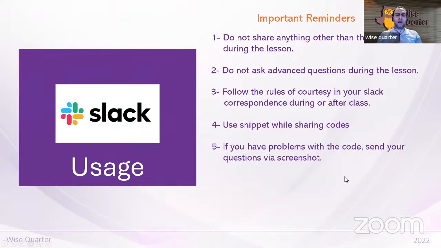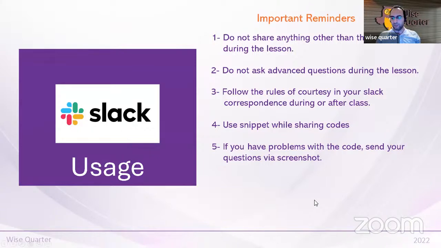If you have a problem with the code, don't try to explain it by writing, just take a screenshot. I hope you know how to do it. Perhaps you can use Print Screen or Start button Shift S. You can use those buttons, but most of the time using the Print Screen button is easier to take a screenshot